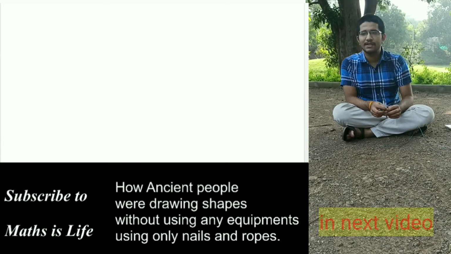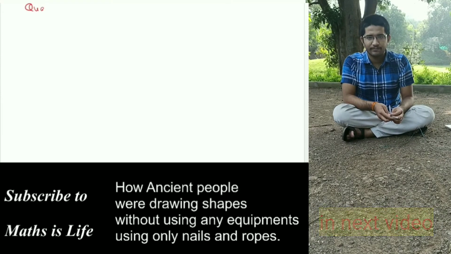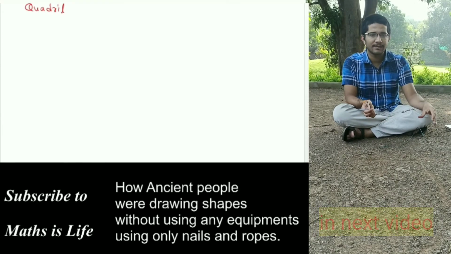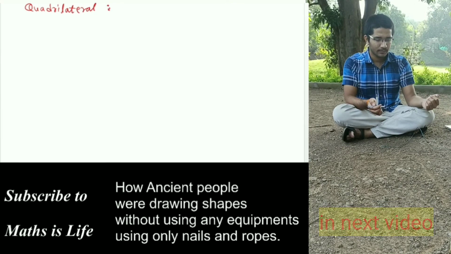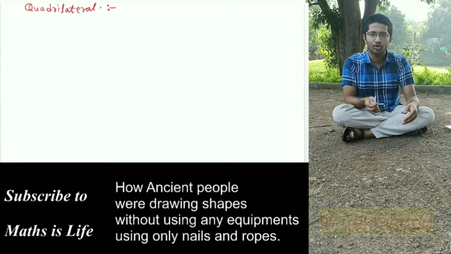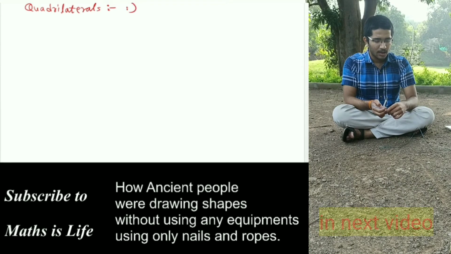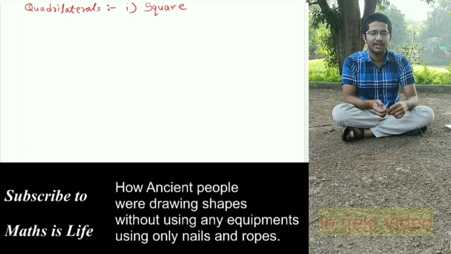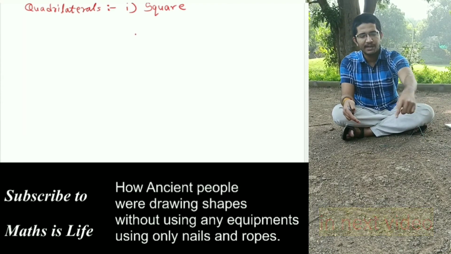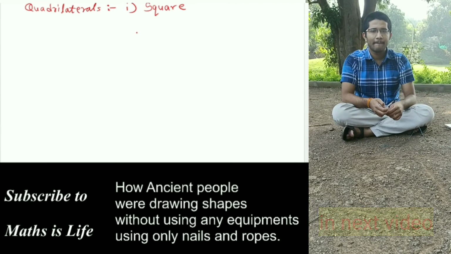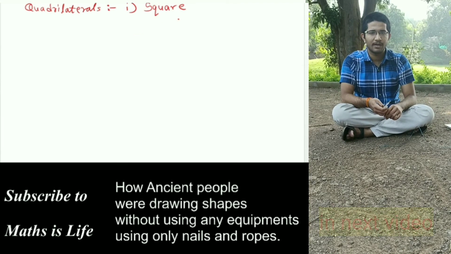But before that we will see how to draw quadrilaterals. The triangle part of angles you can get in the other video. In this video we will see quadrilaterals. So how to draw a quadrilateral? Drawing a triangle was easy because there are only 3 sides. We can draw one side and just mark the intersection point of the other 2 sides. But for a quadrilateral it will be difficult.